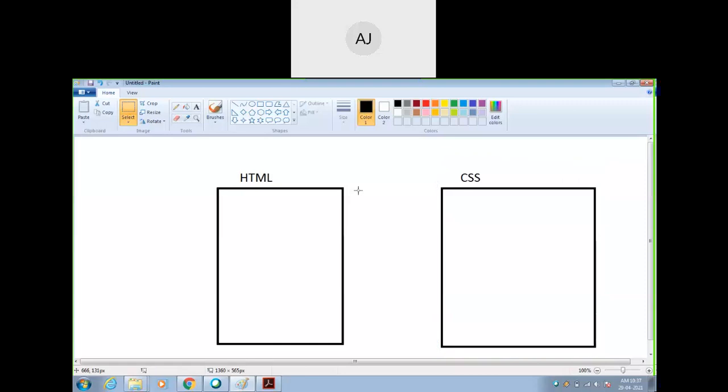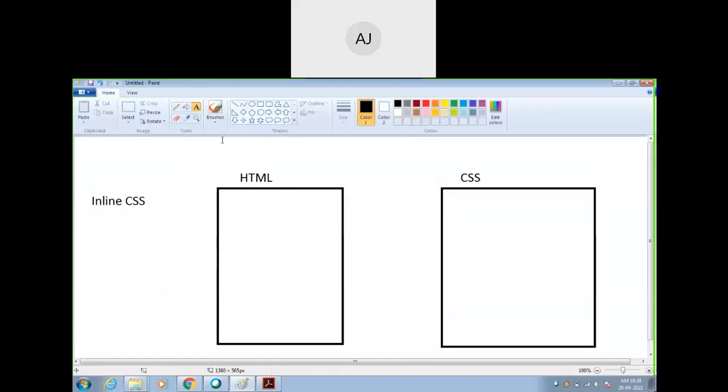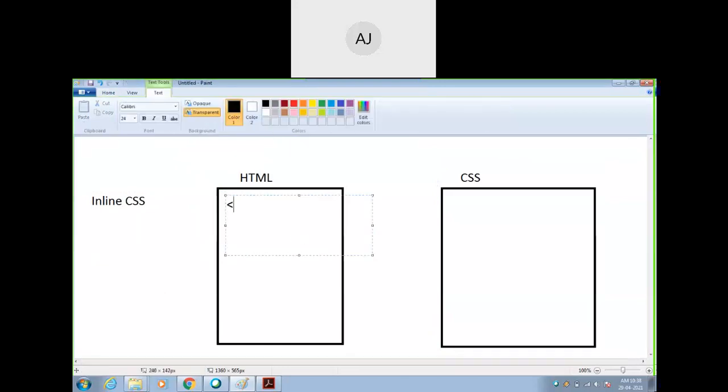Is it okay? So here there are three methods. One is inline CSS. As you know, there are two parts in this HTML page. One is the head section, head open and head close.